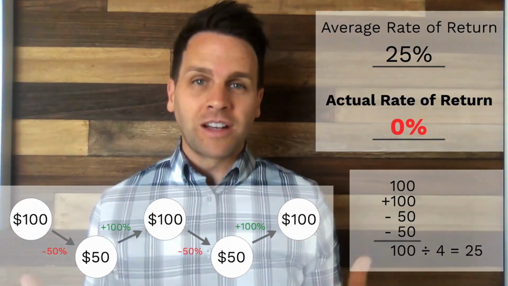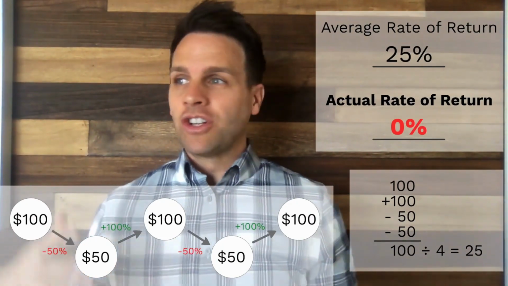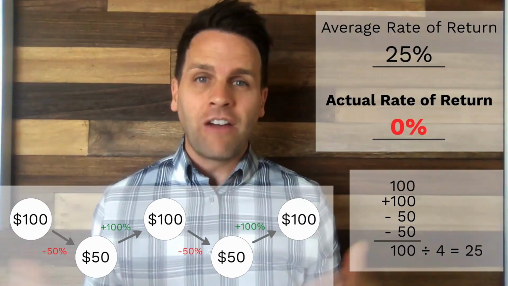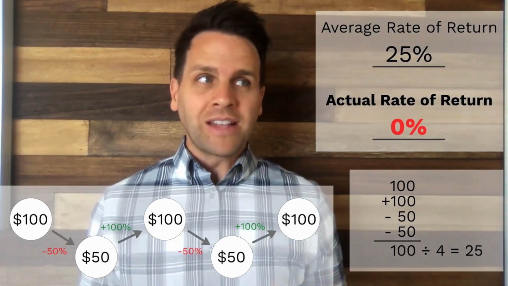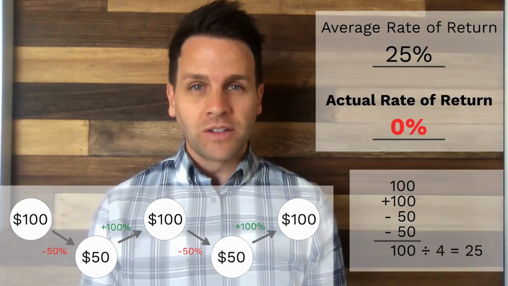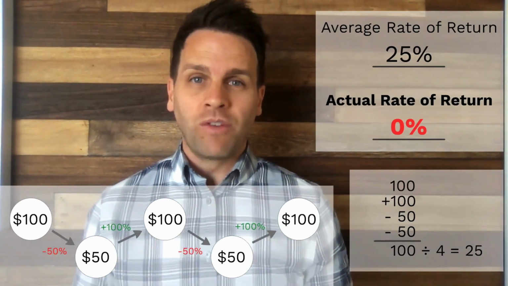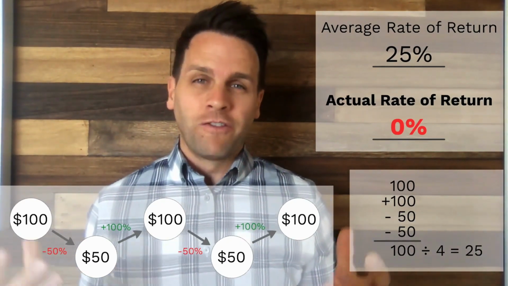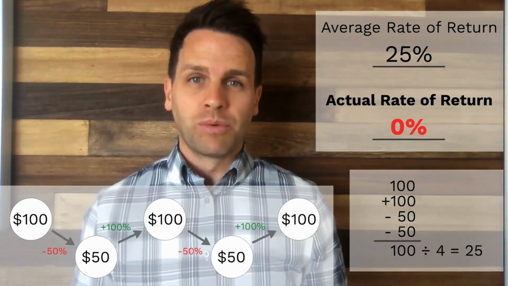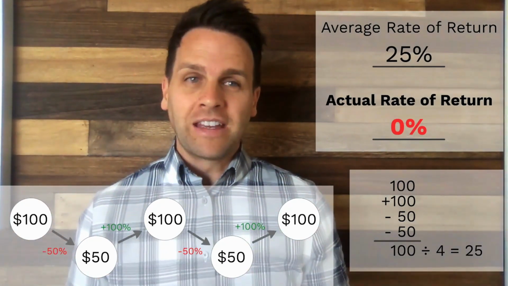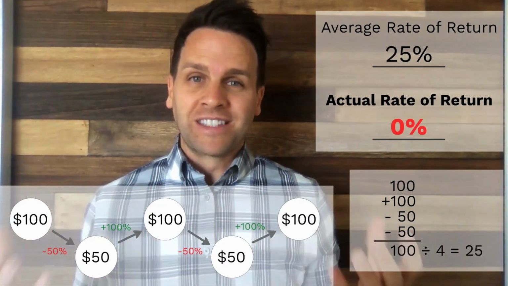When your advisor talks to you about doing an average of X, Y, or Z, or when they say, hey, the market over the last 20 years has done an average of like 9%, yeah, that's technically correct. But if you look at the actual over the last 20 years, and you consider all the ups and downs that we've had, the actual return for the S&P 500 has only been around 4.5%, just a little over 4.5%. So again, is it worth all that risk? Is it worth the headache? It may be, it might not be, but this is something to consider.